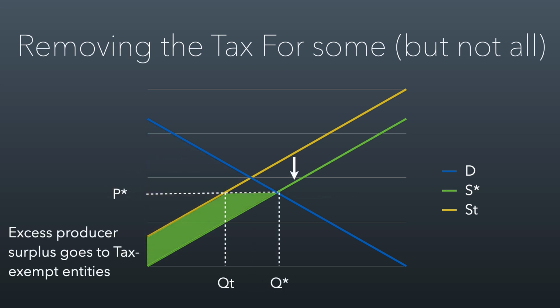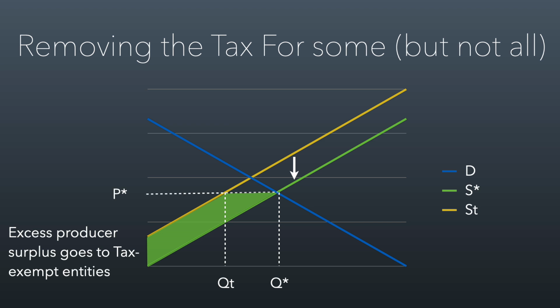We have a yellow one, which is the one faced by everybody who's paying taxes, like the for-profit hospitals or universities. And then we have the green supply curve, which is the one faced by everybody who's selling it without paying taxes. And that'd be like nonprofit hospitals or nonprofit universities. And these two supply curves are operating in the market at the same time. The yellow,